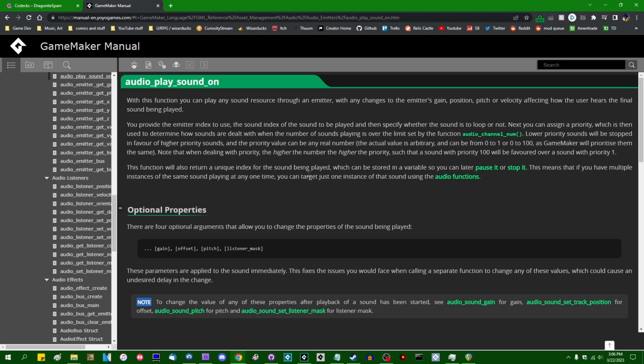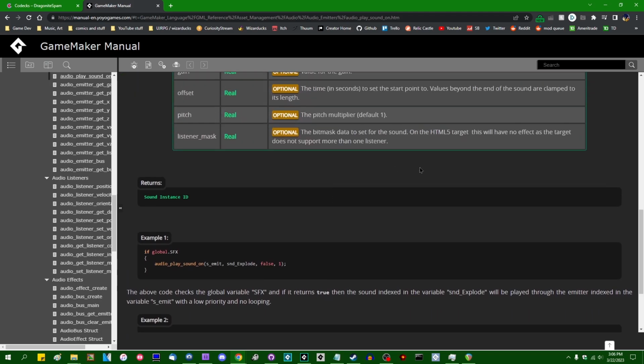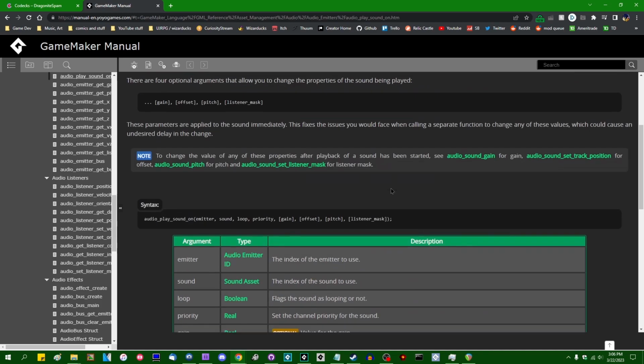Audio play sound on, that's what it is. I thought it was something like that. And then after that, I believe everything audio related just works the same as it did before. Audio